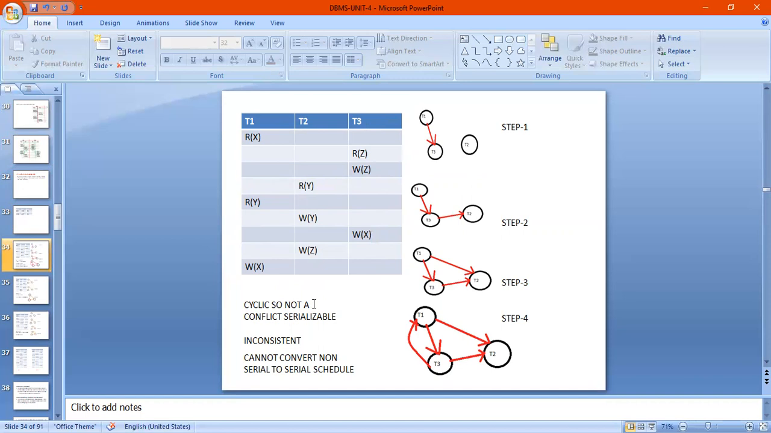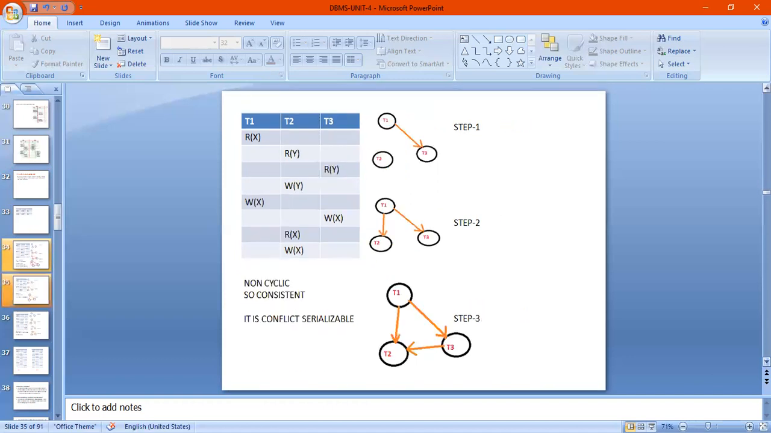Cyclic, so not a conflict serializable schedule. Inconsistent, cannot convert a non-serial to a serial schedule. So again, coming to the next slide,